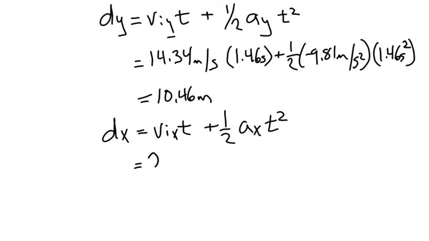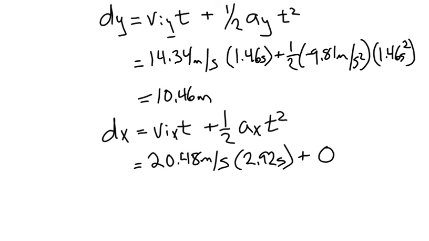I know my initial velocity, 20.48 meters per second, times the total time in the air, 2.92 seconds, plus 0. Why 0? Well, you'll recall that AX is equal to 0. Any number times 0 is equal to 0. So I get a distance of